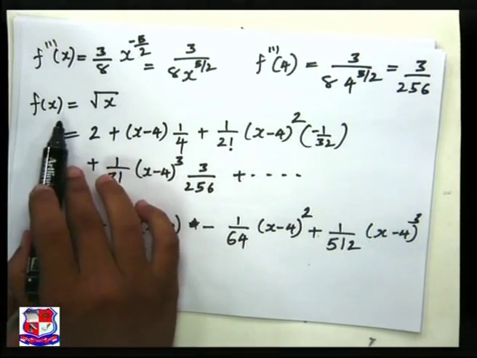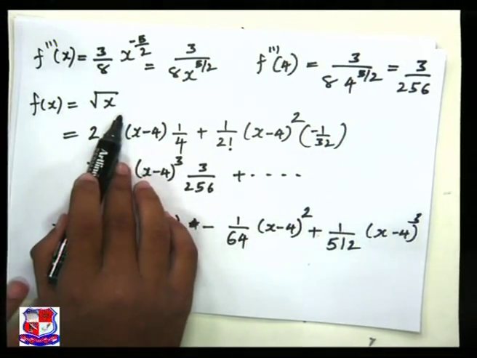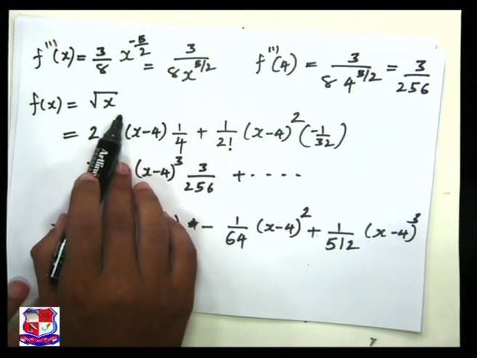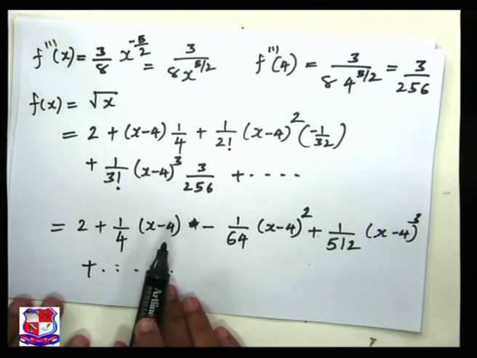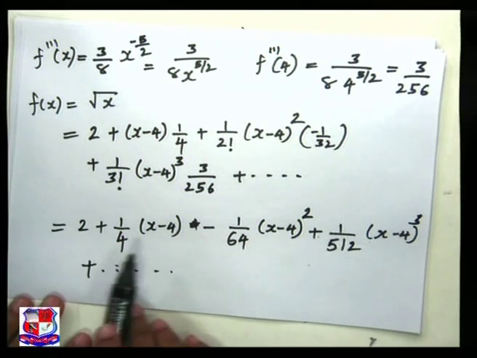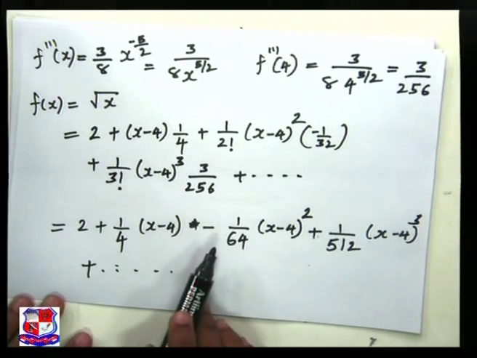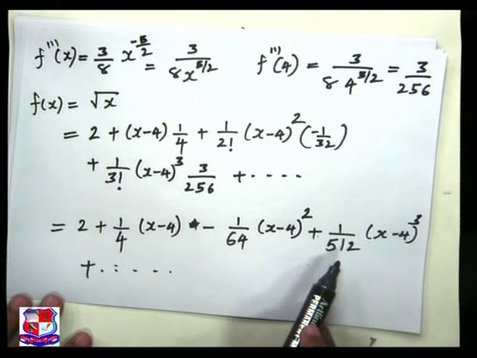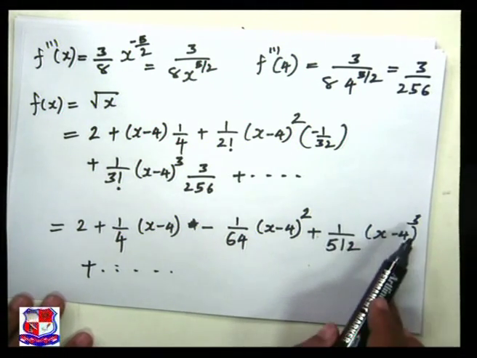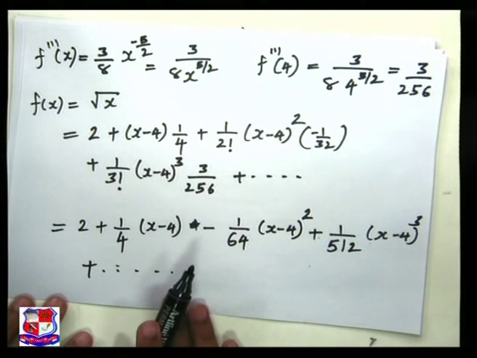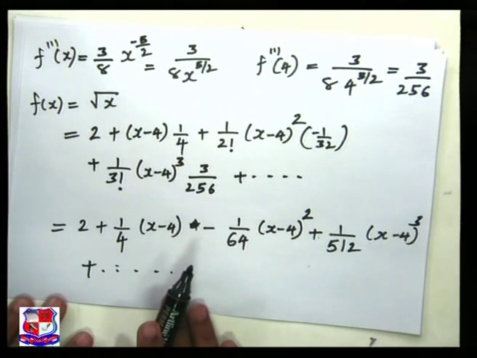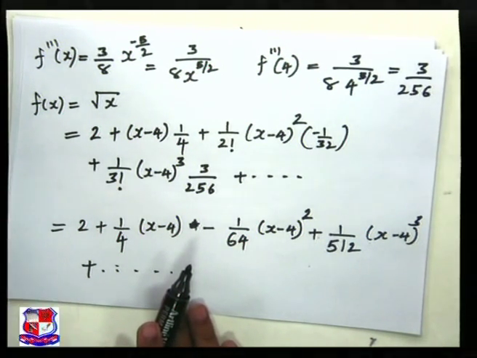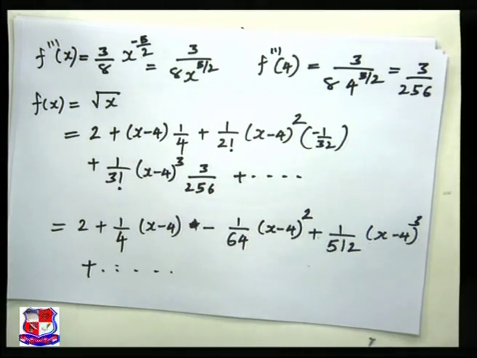Here we are expressing this root x in Taylor series where a is equal to 4. So this is our answer, 2 plus 1 by 4 x minus 4 minus 1 upon 64 x minus 4 square plus 1 upon 512 x minus 4 cube and so on. So here is the complete solution of this example. Next example,